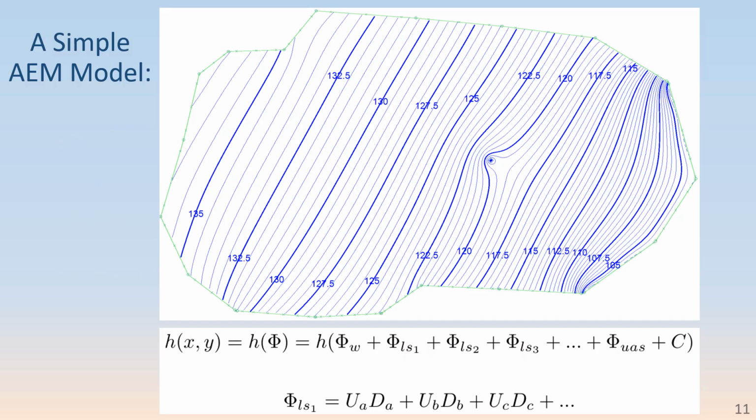Let's look at a simple AEM model and the equations that underlie it. This model shown right here is a homogeneous, single domain, steady state model, and it has a well in the middle that's pumping. These blue lines are head contours. It has a head specified line boundary on these three segments at the right. It has a normal flux specified boundary in the north and west that is letting water into the model, and it has a head-dependent flux boundary, which I'm tracing down here, that lets a bit of water out of the